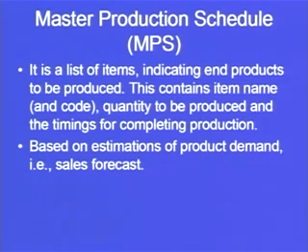After the end of 12 weeks, this much production should be done, or this many products should be ready, based on estimates of product demand, that is, the sales forecast. I have already told you about the sales forecast, which we have discussed in other lectures on sales forecasting. On the basis of the sales forecast, the master production schedule will be able to identify what the product demand is going to be. It can also be on the basis of customer requirement.